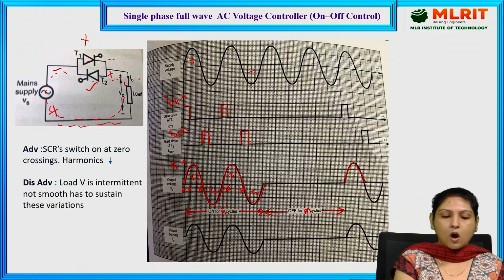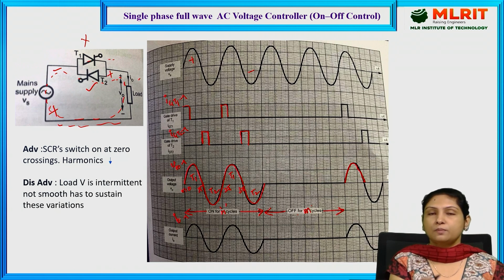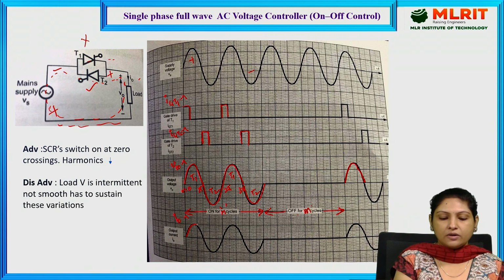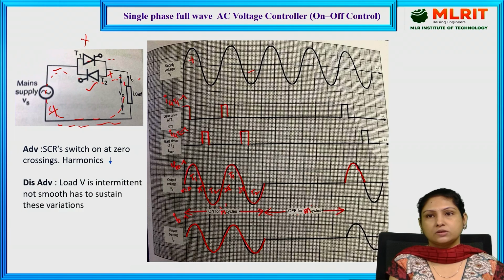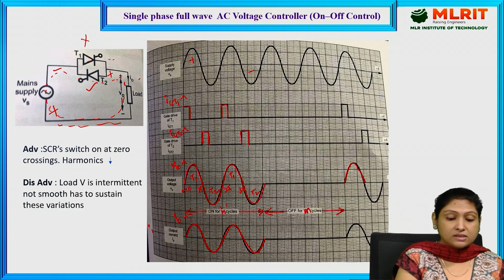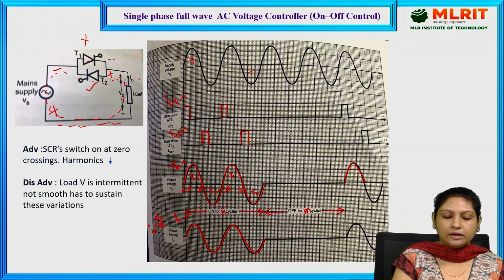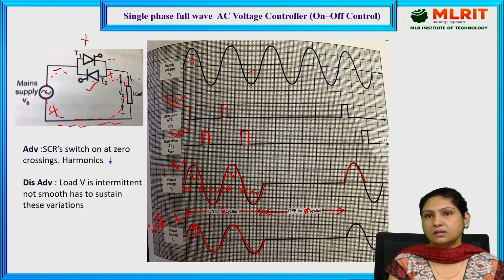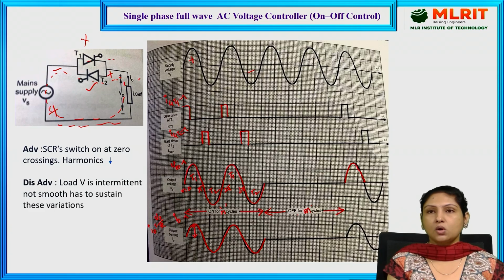And if you see, the output current is just similar to the output voltage, because this is our resistive load. The output current waveform will be just similar to the output voltage, only the magnitude will be reduced, since I0 is equal to V0 by R. Otherwise the waveform is one and the same. So coming to the advantages, here the advantages of the single phase full wave controller with on-off control: